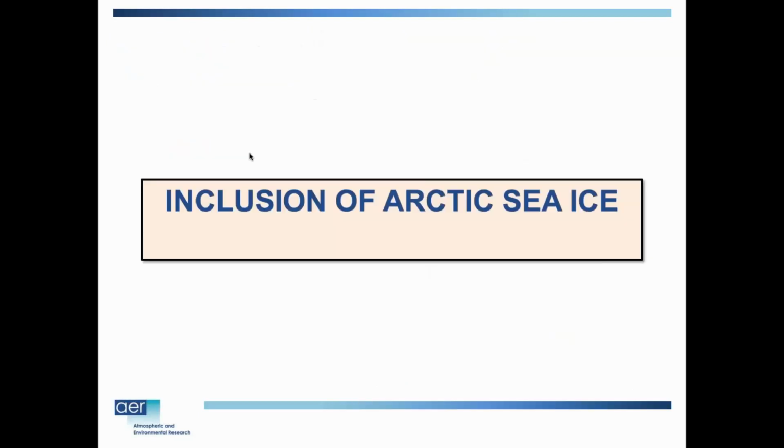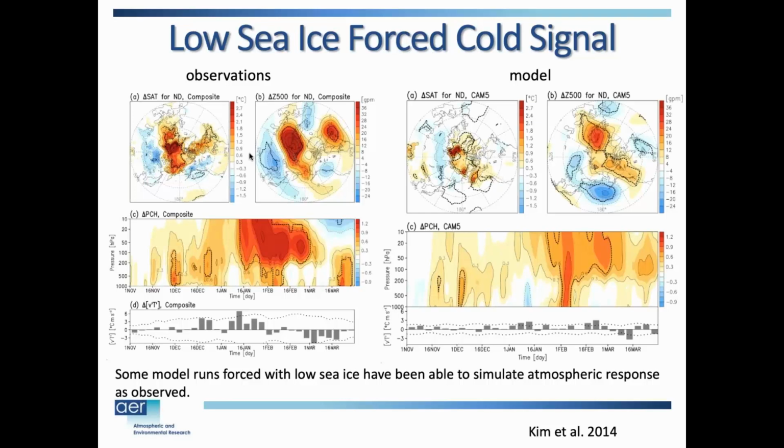Okay, so I talked about snow cover. I want to bring in the sea ice because I do think it's very important. Here's an early paper, Kim et al. showing that looking at the polar cap heights, if you correlate sea ice, you also get high pressure over the Arctic. Low sea ice gives you high pressure over the Arctic. Warming over the Arctic, let's say for Barents-Kara sea ice, so that bullseye of warming over Barents-Kara seas and low sea ice, and it gives you cold temperatures mostly over Eurasia, some into North America.